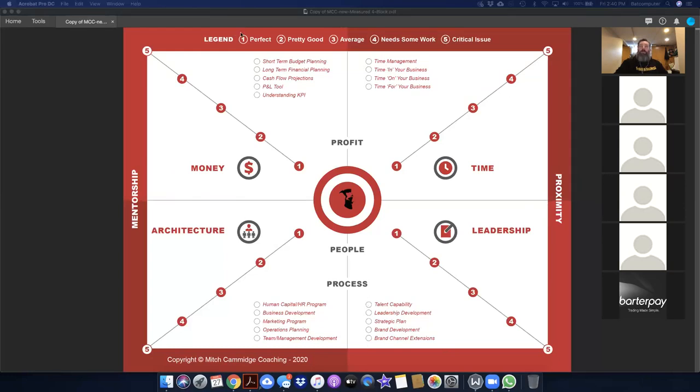I can take that score, chart it out across a line. I can average it to give myself a visual representation, first of all, for the overall health of each component in my business. And then I can look at the individual areas that are most challenged, least challenged. So when I look in the money component, out of all 5 of these, the most common issue that occurs inside of businesses is cash flow.